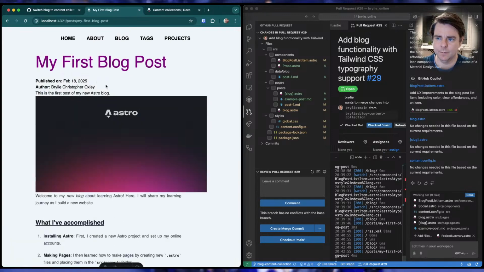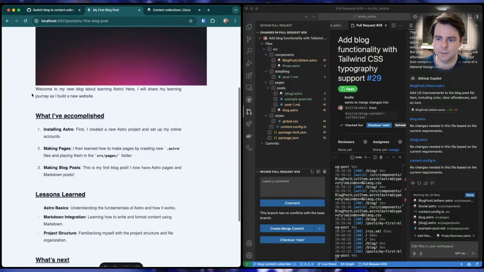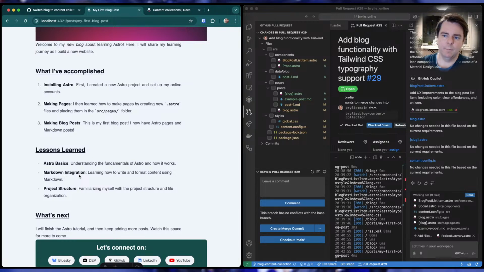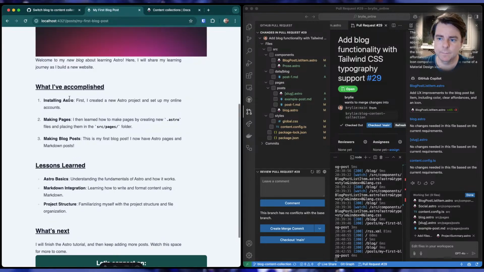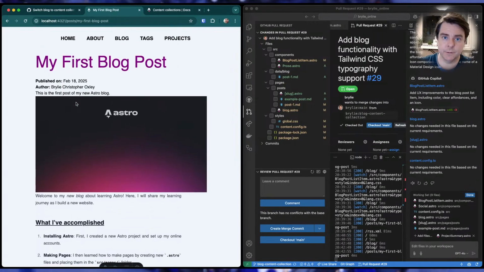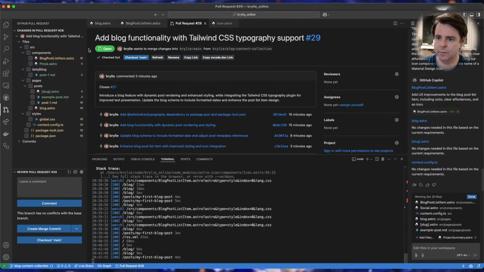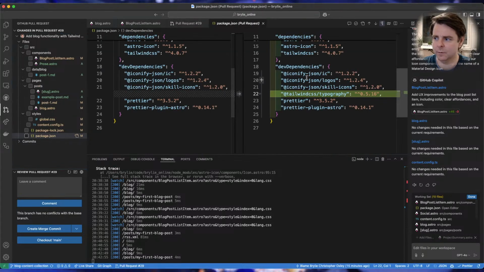And I can click on the blog post and it renders the content correctly, with markdown rendered to HTML and correctly formatted. There were some tricks we had to go through to get this to all work correctly, and we'll go through those really quickly. So in the code, the main changes: I needed to add one